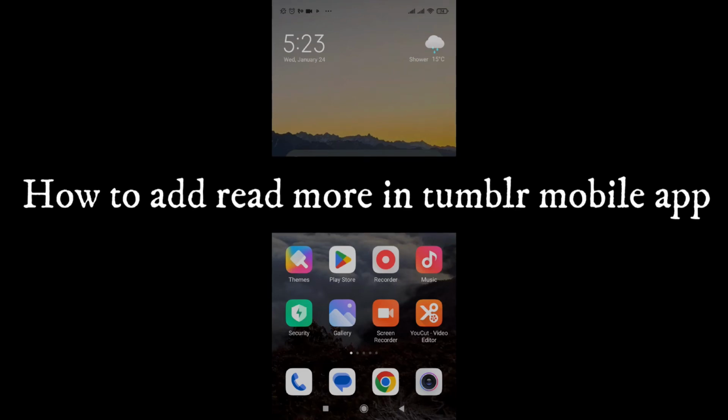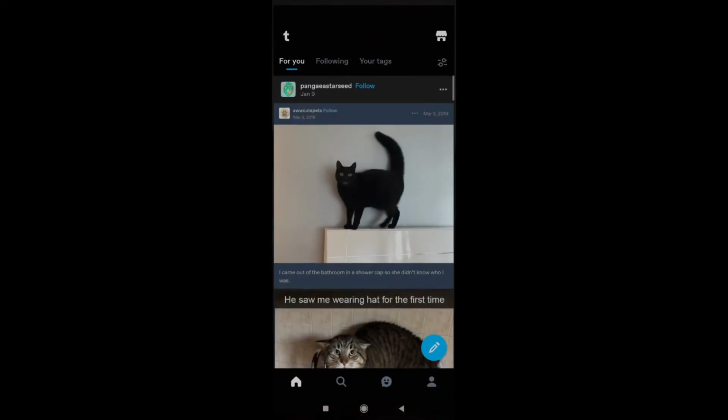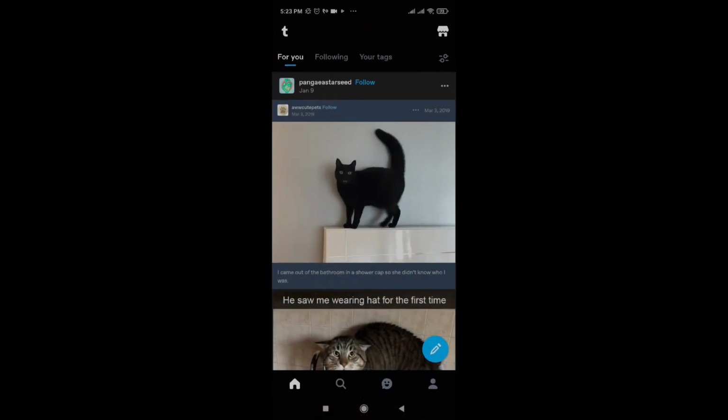In today's video, we're gonna see how we can add read more on Tumblr mobile app. For that, first head over to your Tumblr app and make sure you are signed in. Now the next step would be to definitely click on this pencil icon, and in this new page you can